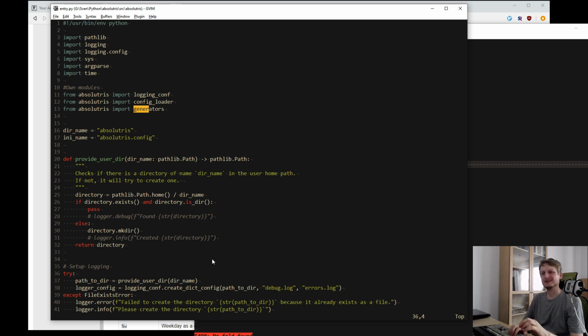So there are some dirty hacks around here to make it run, and it's not really friendly for people who would be interested in taking a look at the absolutris project from GitHub.